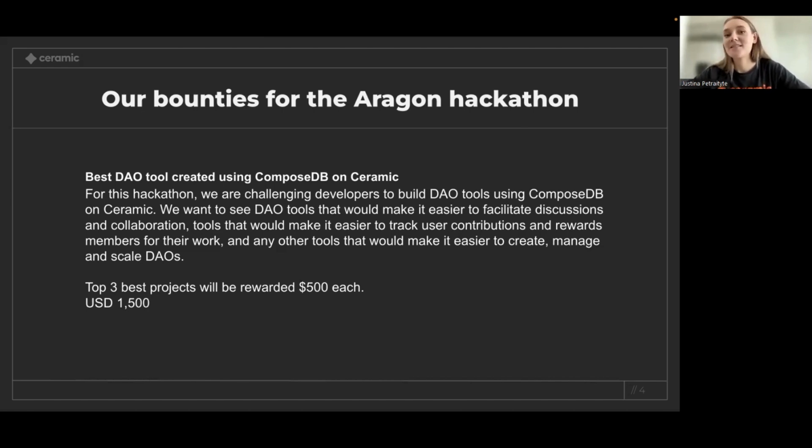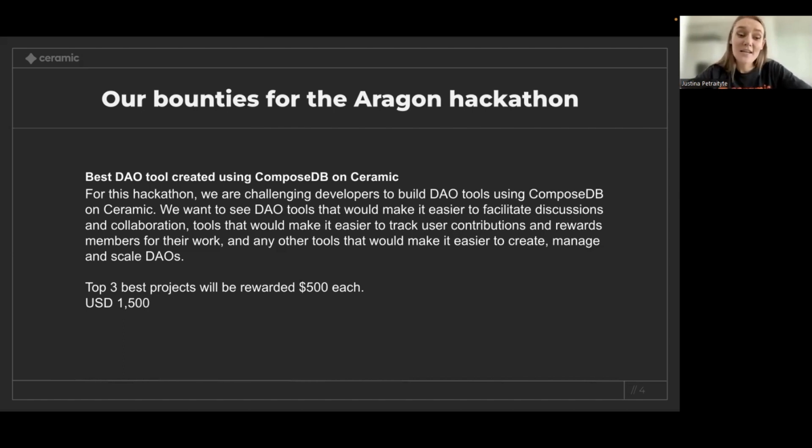There are some aspects in Ceramic and ComposeDB that I will cover in a little bit more detail later, like composability and data interoperability. And if hackers can utilize ComposeDB to really take advantage of those aspects, it would be really, really great. So we have some small bounties for this hackathon.